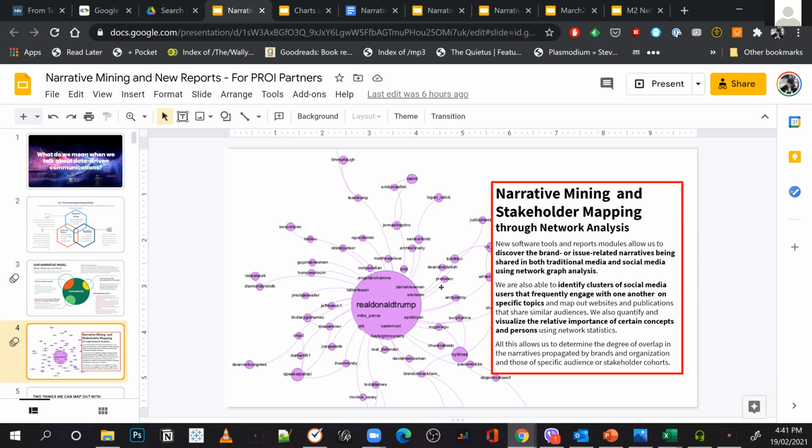Now in a network, there are also certain important statistics. But before I talk about some of the statistics that we use, again, basically in our context, when we talk about networks for stakeholder mapping, there has to be some kind of relationship between those nodes.